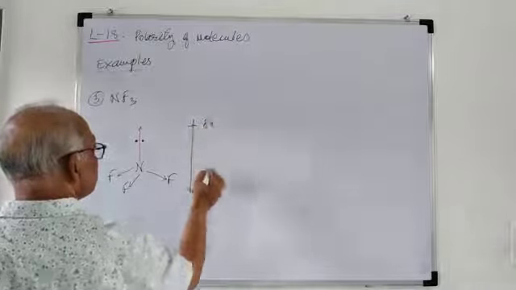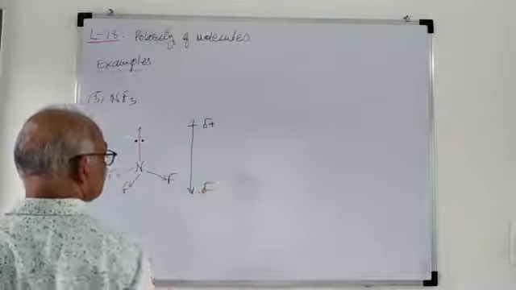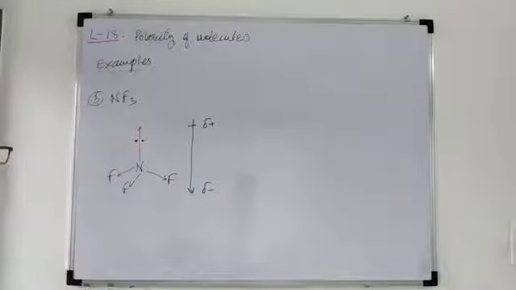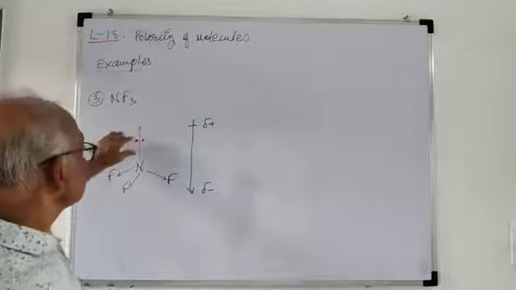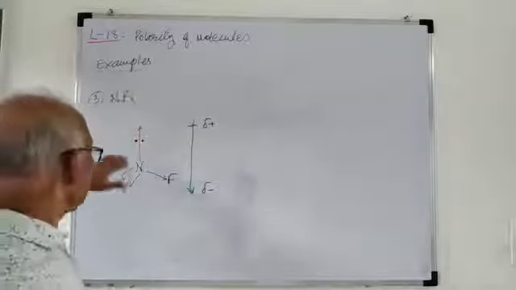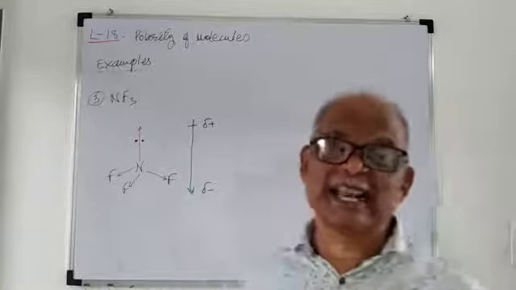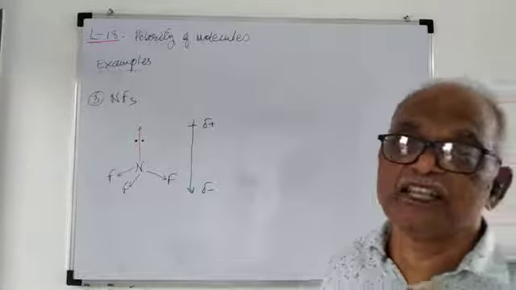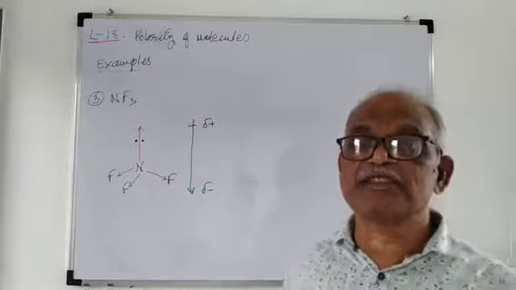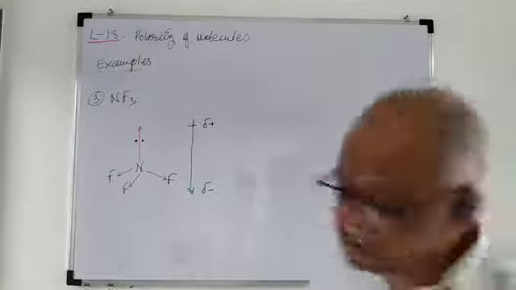This is slightly electron deficient, and this is electron rich, that is delta minus. So you will find here that the lone pair dipole is in one direction and the bond pair dipoles are opposite to it. So this opposing effect reduces the net dipole of the molecule, and it shows that the net